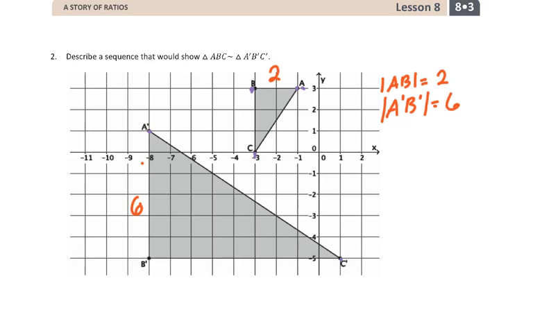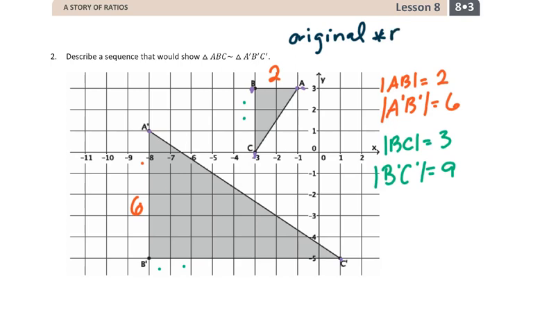And over here, we have BC, that is 1, 2, 3 units. And B prime, C prime is 1, 2, 3, 4, 5, 6, 7, 8, 9 units. So B prime, C prime equals 9 units. So we had learned before that if we take the original measurement